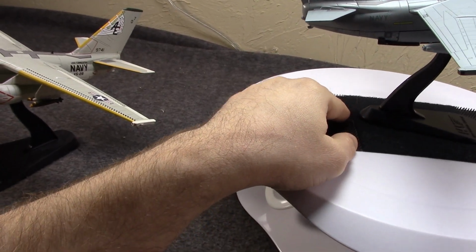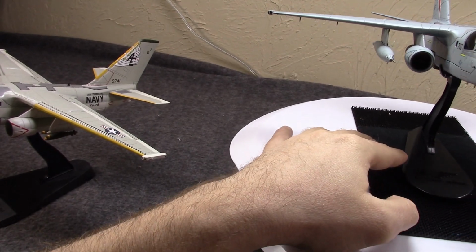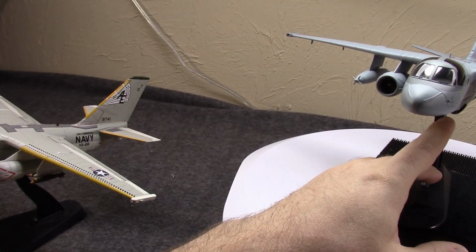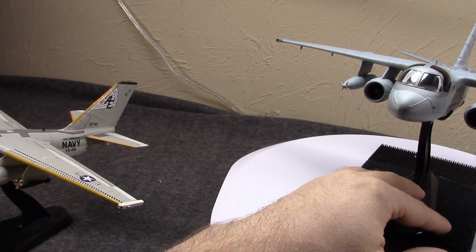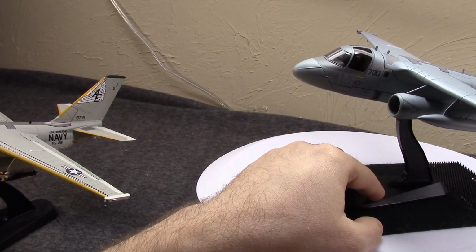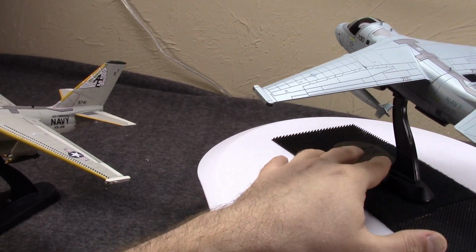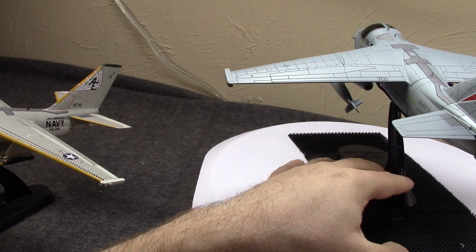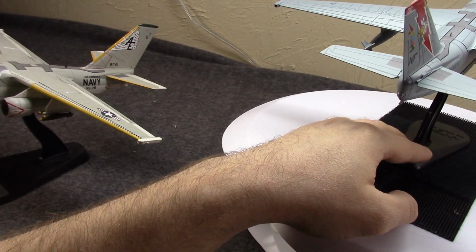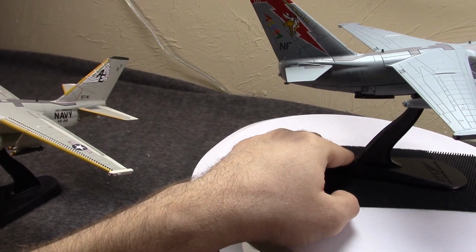Interestingly, there have been talks over the years about bringing the Viking back because it's said that no one plane could do all this one could, and if you look at who replaced it, you have things like the P-3 Orion, the SH-60 Seahawk, the FA-18 Hornet and FA-18 Super Hornet. It did take multiple aircraft to replace it. So there have been talks, but as of 2020, it hasn't really come to anything. Some of these are in mothballs, so they were stored in a way that they could be reactivated